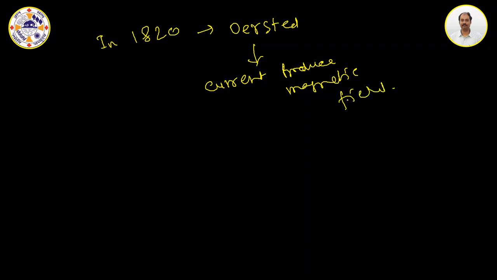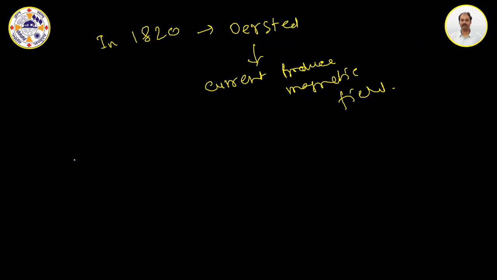We all know the Oersted experiments. We are taught in 10+2 level, rather in class 10 level. So Ampere presented the result of a series of experiments which